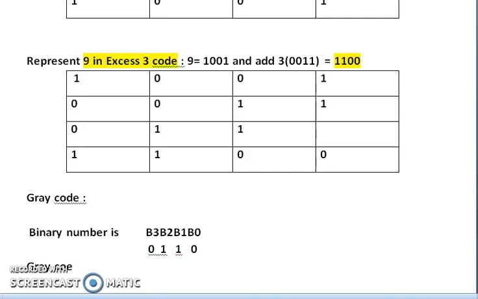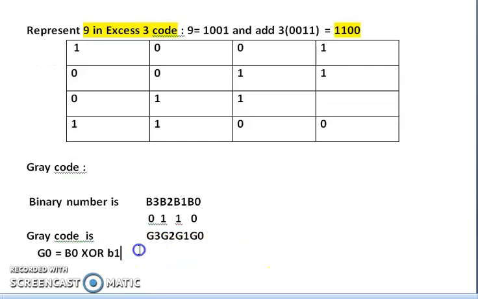So what is the gray code? The gray code digits are G3, G2, G1, G0. G0 equals B0 XOR B1, and G1 equals B1 XOR B2.